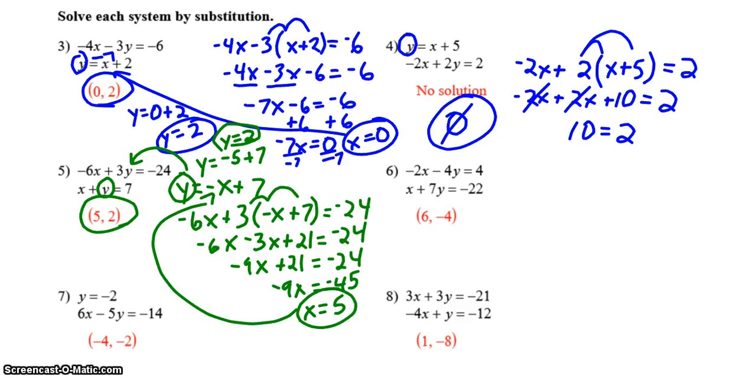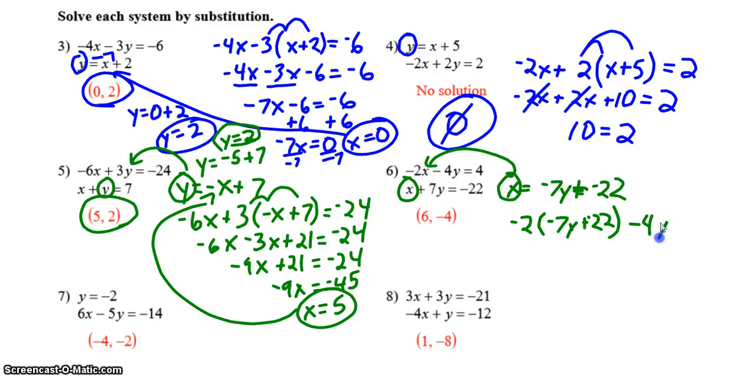Now in 6, I would actually solve for the x in the second case, because that x is really easy to get by itself. To solve for this x, I would subtract 7y, so x equals negative 7y minus 22. And now I'm going to take this x and plug it into the other equation, which is the top equation in this case. So this would become negative 2, parentheses, negative 7y plus negative 22